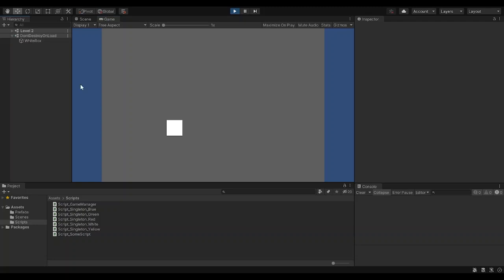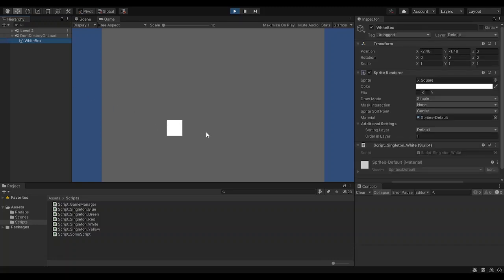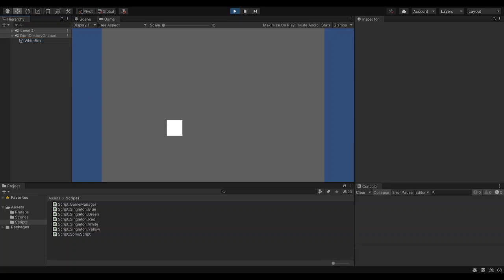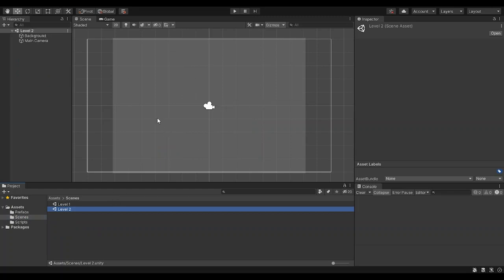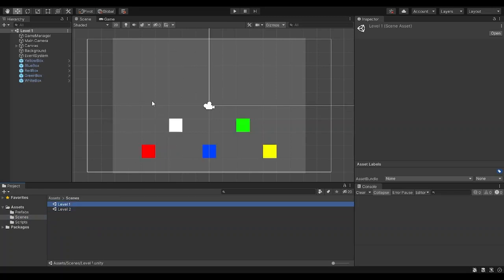Okay, so far so good, easy enough. We can also see this in the hierarchy. Our box has been moved to the DontDestroyOnLoad header, so we know that it applies correctly. So let's check one more time if our level 2 was empty, which I know it was. Okay, so it's empty. Good.